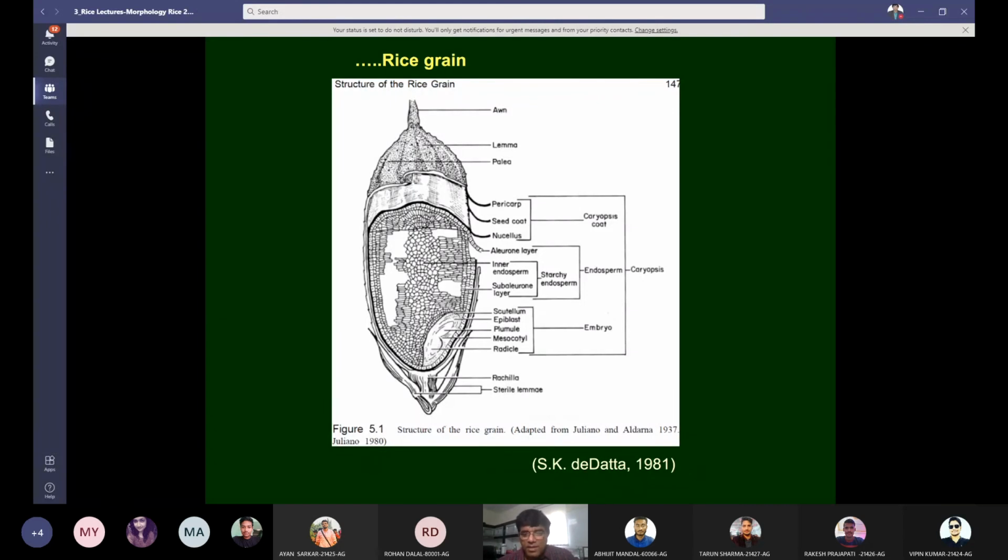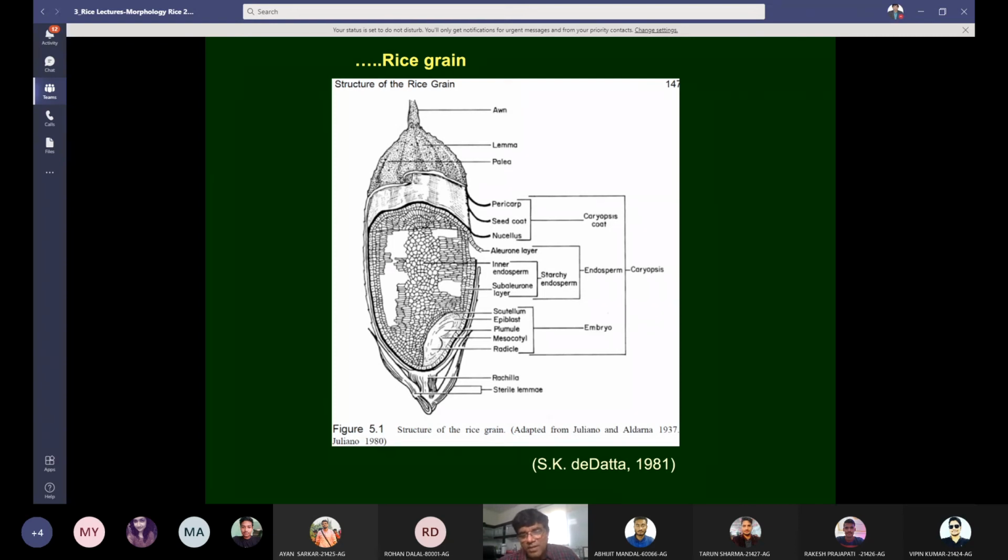And then on the lower side, ventral side of the seed, you can see the embryo. And embryo has 4 or 5 different parts. One is scutellum. Scutellum, people call it, I will tell you later. One part is scutellum and epiblast, then plumule on one side, then mesocotyl is in the middle of the 2, and then your radicle and coleorhiza, etc. So this is how embryo looks in the seed.